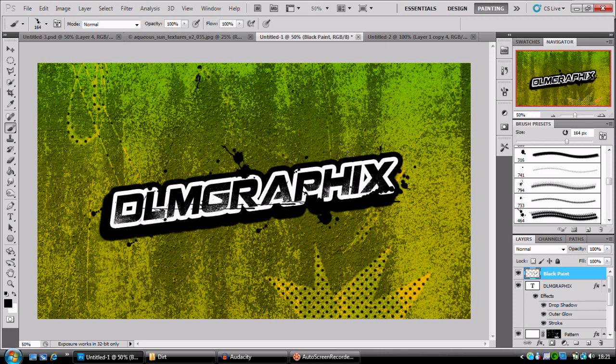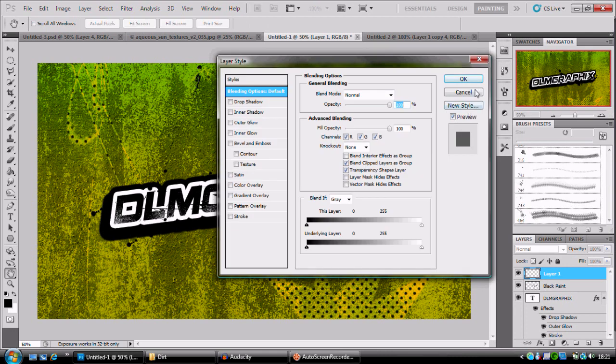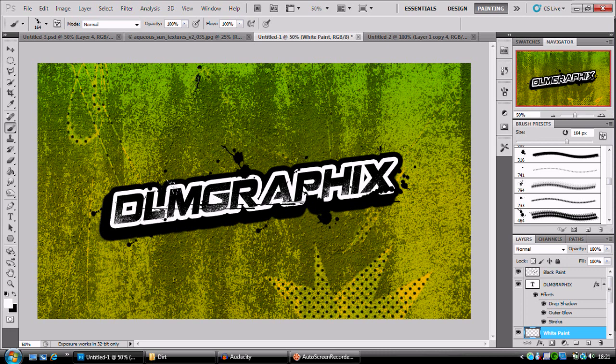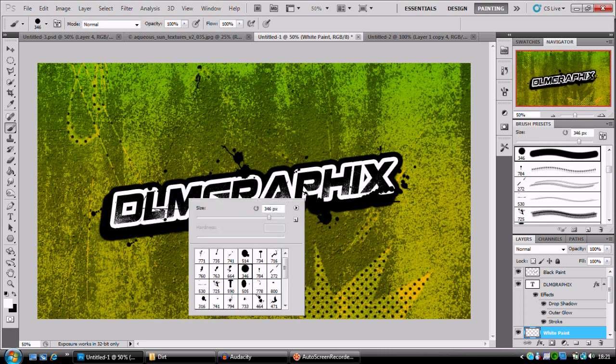So I'm going to leave it like that for now, and I'm going to add a new layer. I'm going to call this white paint. We're going to move this white paint layer under our text layer, and with the same splatter brushes, we're going to invert the color to white, and we're going to paint in